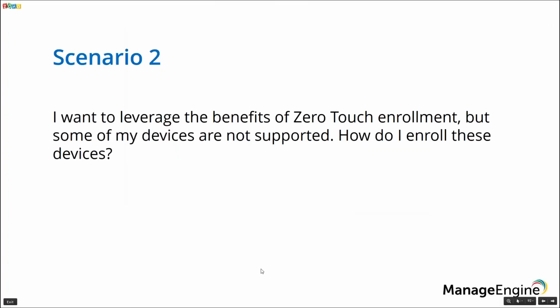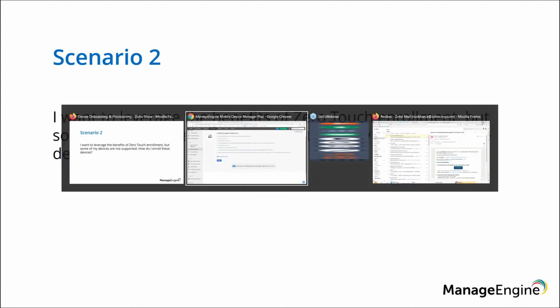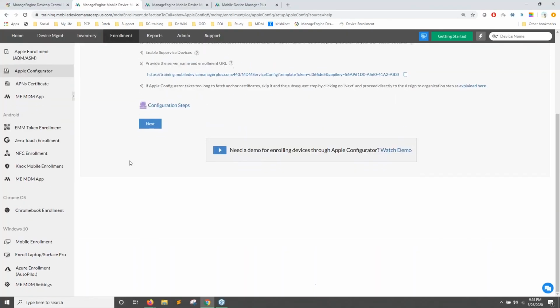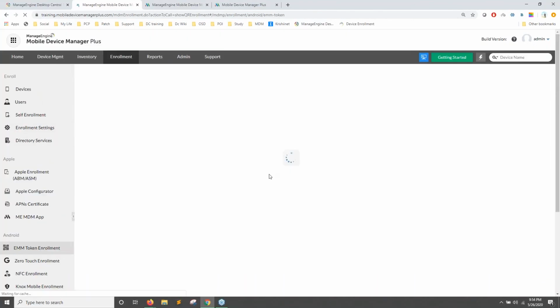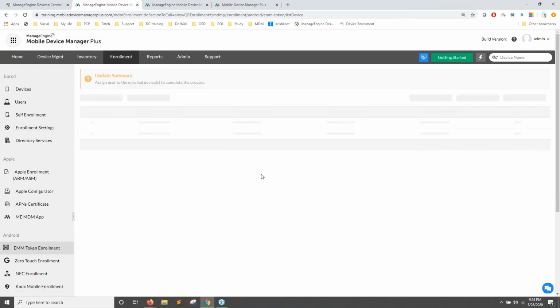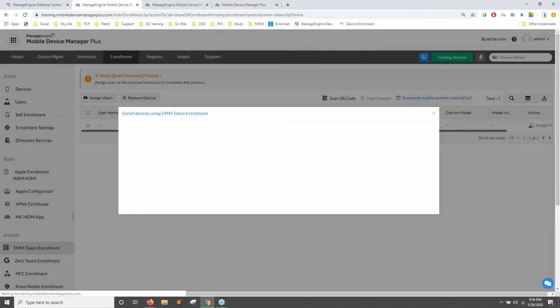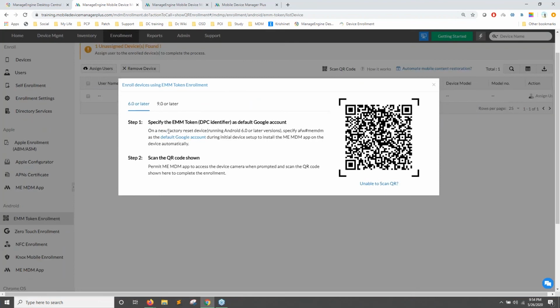And the second scenario is, I want to leverage the benefits of zero-touch enrollment, more or less the same for Android devices. Say these devices are not supported, how do I enroll? So for Android, we have the EMM token, where you can scan the QR code to register the devices in admin mode. The device has to be a new device or has to be factory reset. Once that is done,